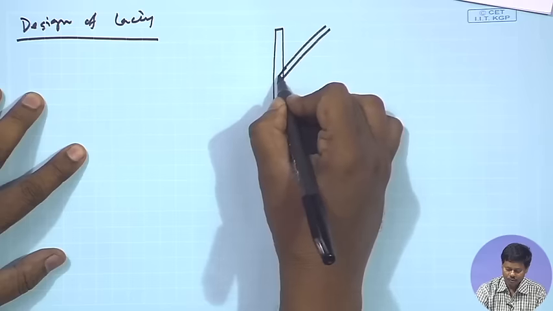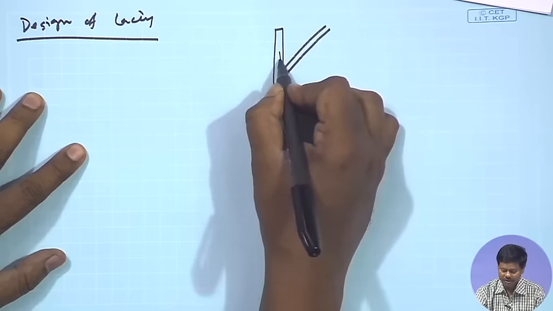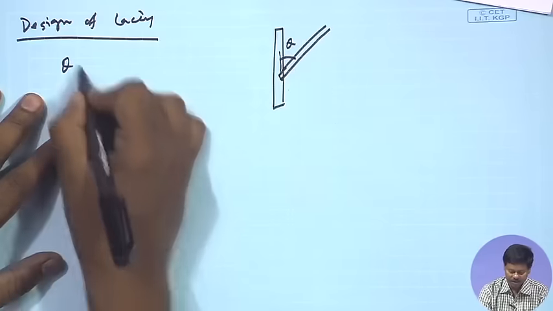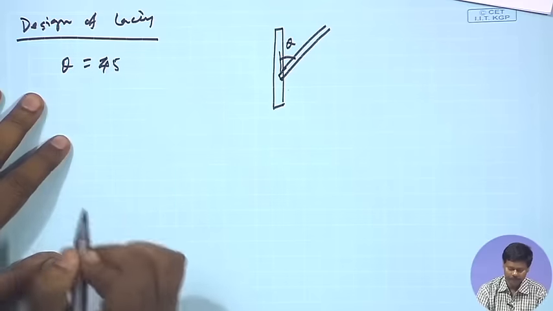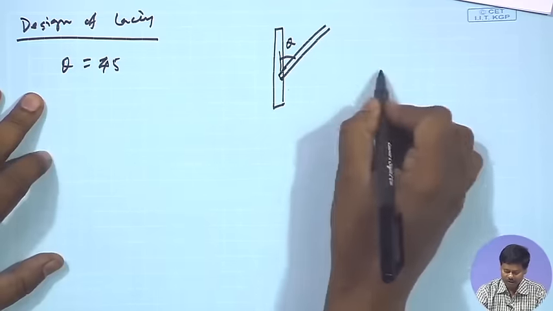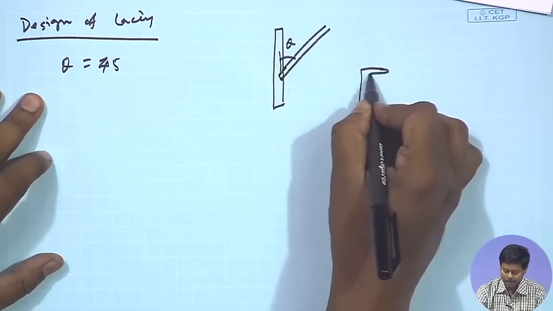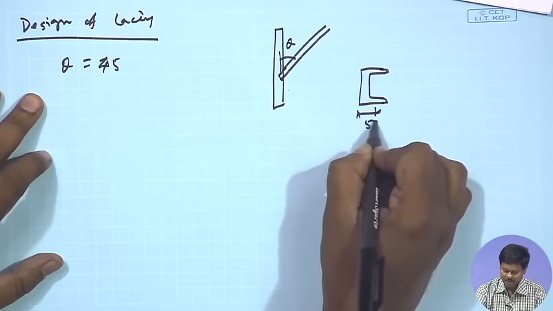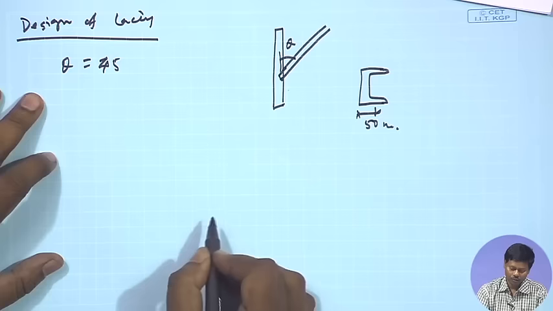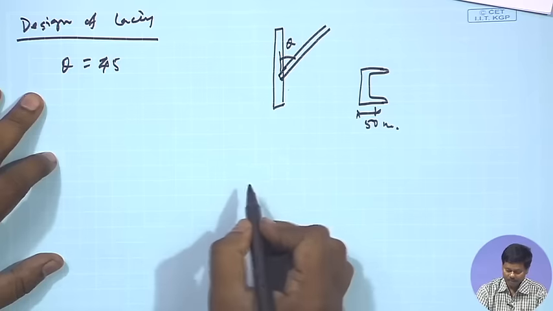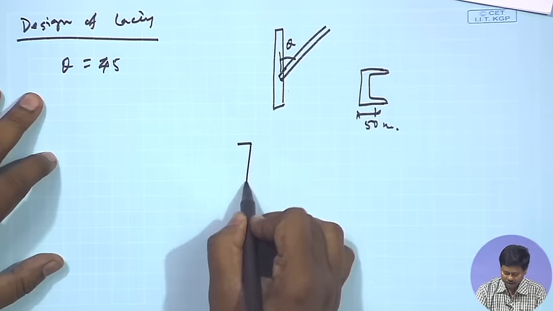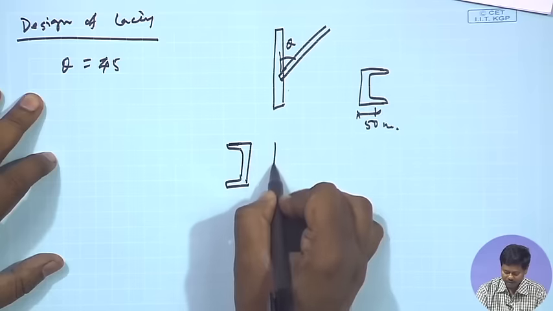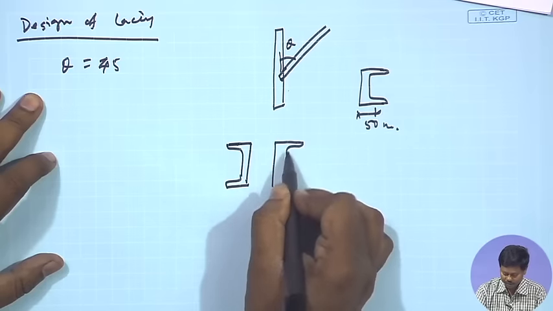Right. So in the first step we have seen that we have to assume the angle of lacing. Here we can assume the angle of lacing theta as 45 degrees, and for this channel section the gauge distance was given in SP 6, it is 50 mm. So the distance between bolt to bolt, because the channel sections are placed back to back. So, distance between two bolts